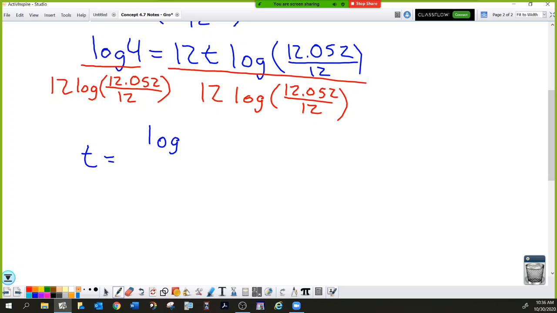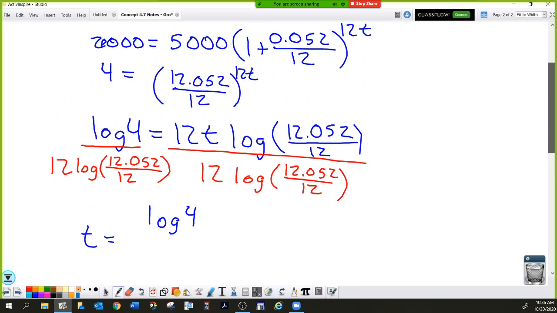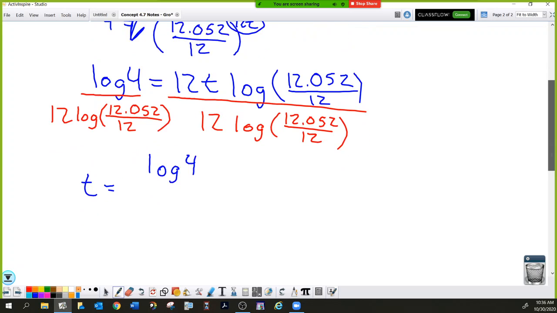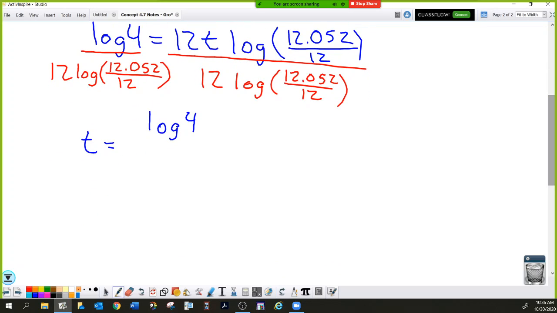Wait, yeah, what's up? You multiply the top and bottom by 12, but no, I didn't multiply the top and bottom by 12. What I did was, when I took the log of both sides, this was an exponent that I scooted to the front of the logarithm. My bad. No, it's fine. That's why I said I was not writing that step, and I probably should have. It was just because when I read that, I was like, wait, 0.52 shouldn't be 0.52. So 12 log of